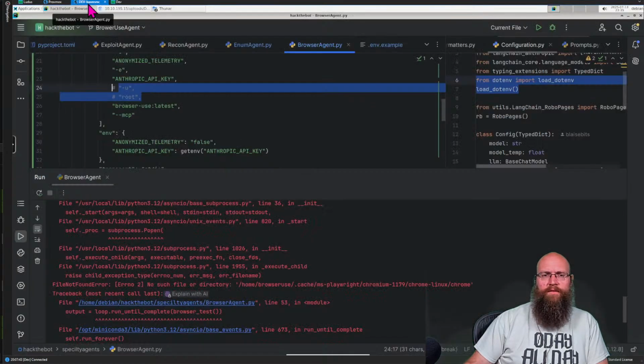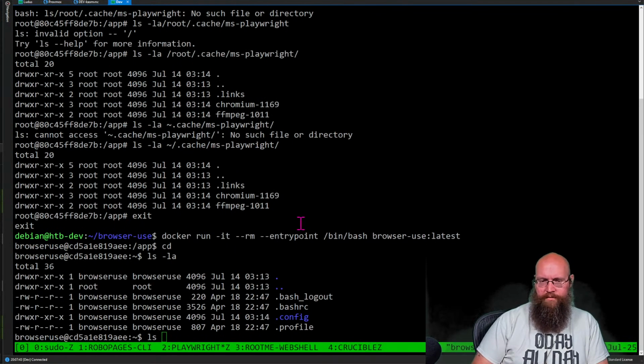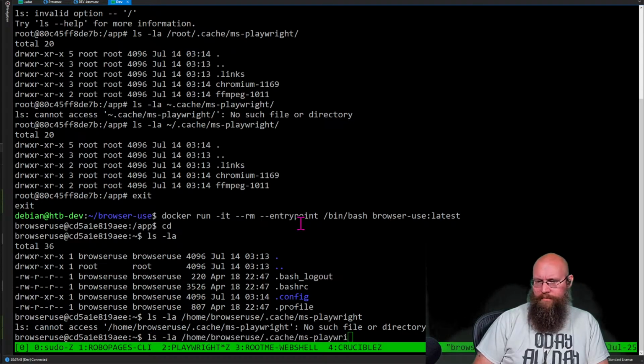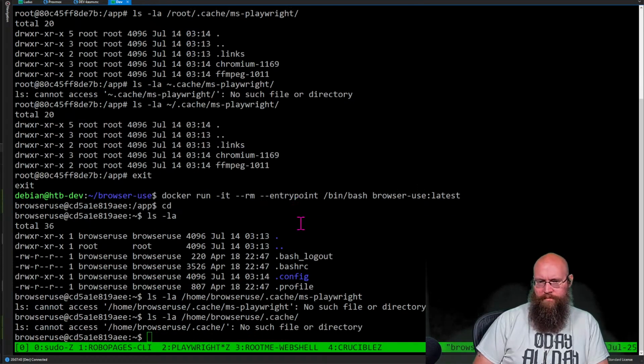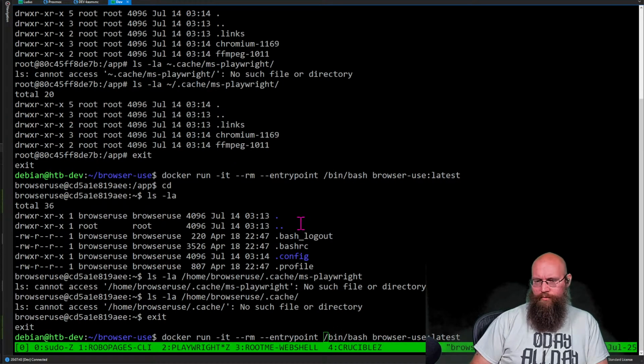Wait a second. We just saw that that was in there. So when I run this as root, it actually appears in there? This makes no freaking sense.